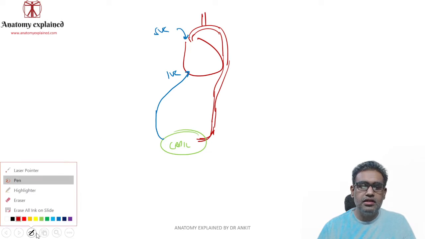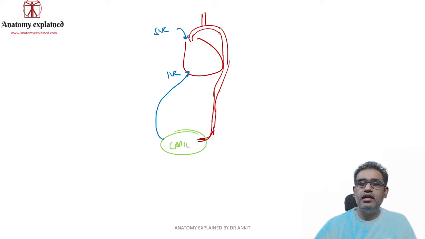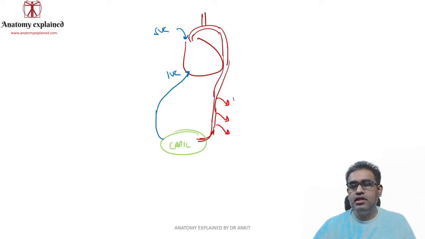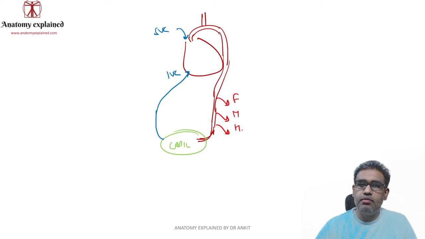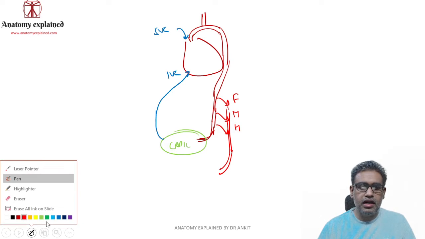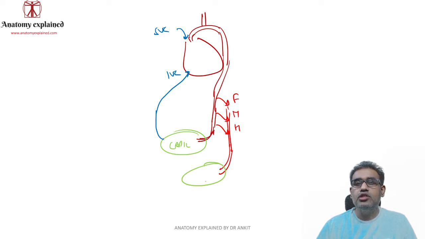Now what happens is that from the abdominal aorta, a few vessels go to the gut part, which are actually for the foregut, midgut and hindgut. So they will supply the major gut part where the digestion is taking place. Again they will form an arterial system over here, and those will form again the capillary system around the tissue of the gut. So that is your capillary system over here.